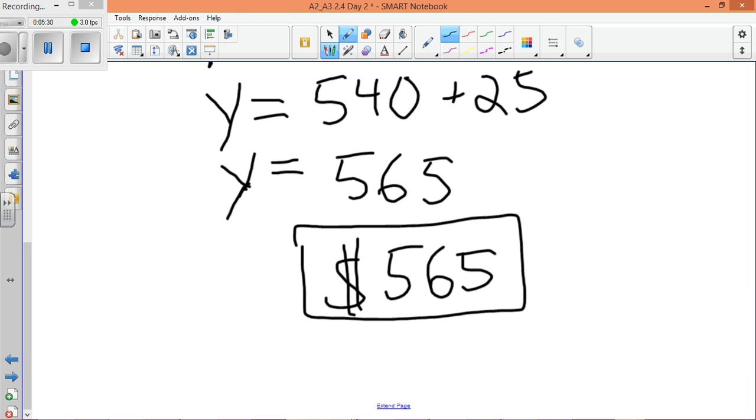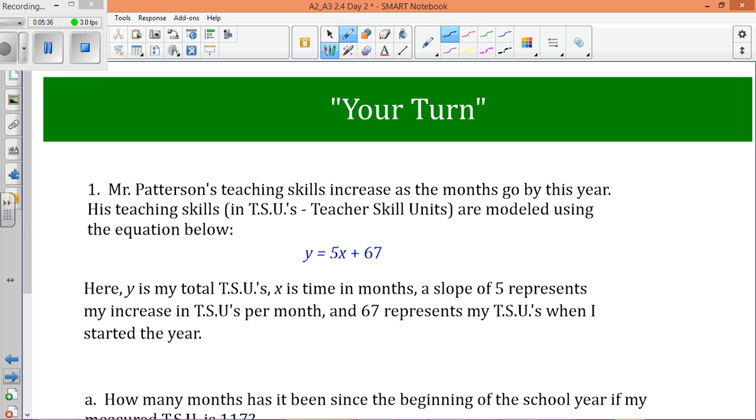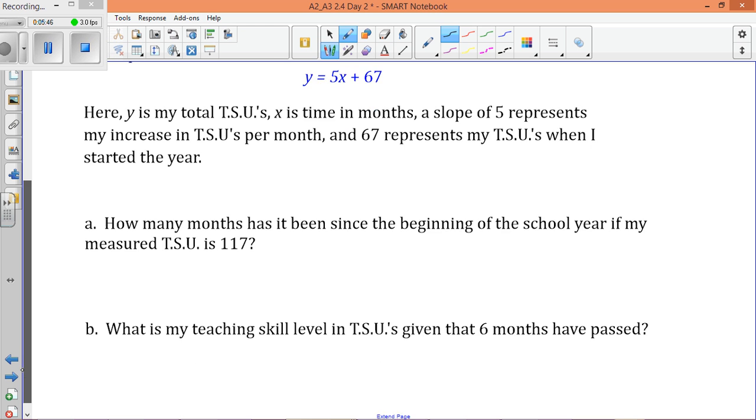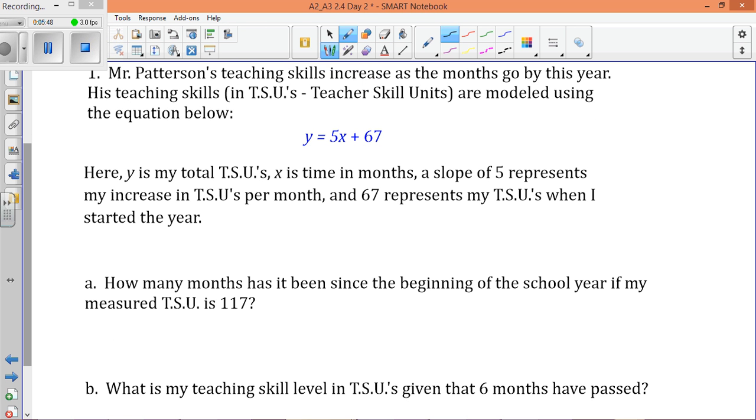Okay, so we're not going to do a second example here. I feel like this is intuitive. Additionally, we approached it in class a little bit today. So I just want you to approach the your turn problem here about Mr. Patterson's teaching skill units, TSU or TSUs. So try this out. Same sort of A and B parts. We're given the independent and have to solve for the dependent. Given the dependent, have to solve for the independent. So try this out on your own, and I'll see you in class